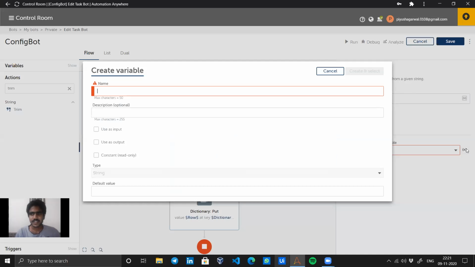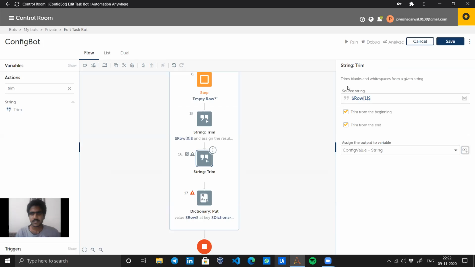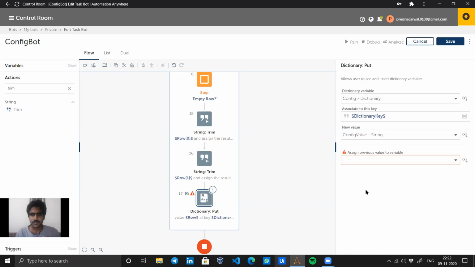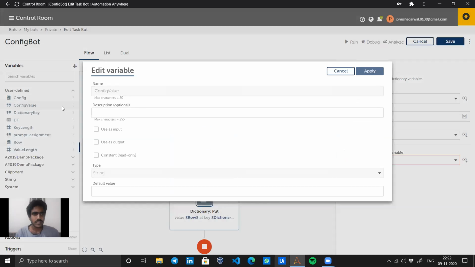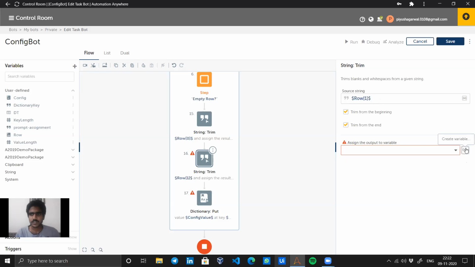and create another string, the config value. Okay, and now over here I can give config value. Oh, so it should be like dictionary key I had given over here. So I should probably rename this as well. That will be like a proper way. So let's delete this and move over here,